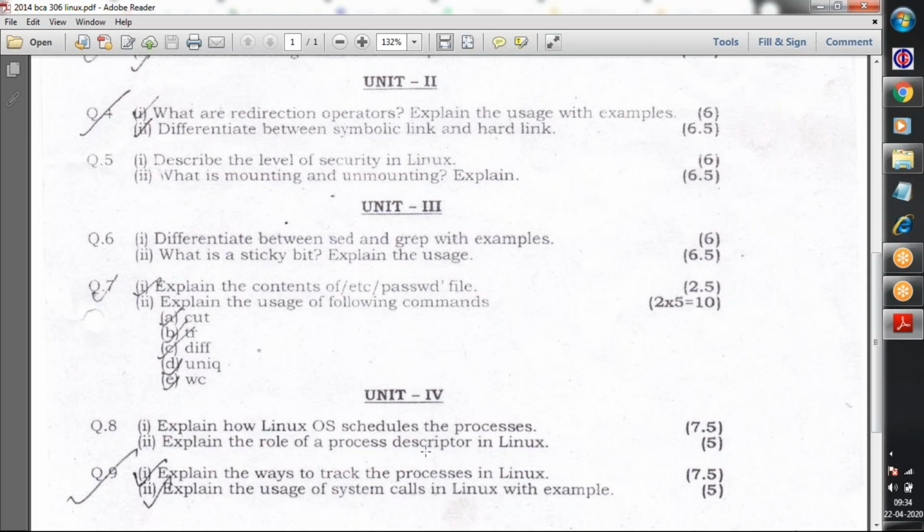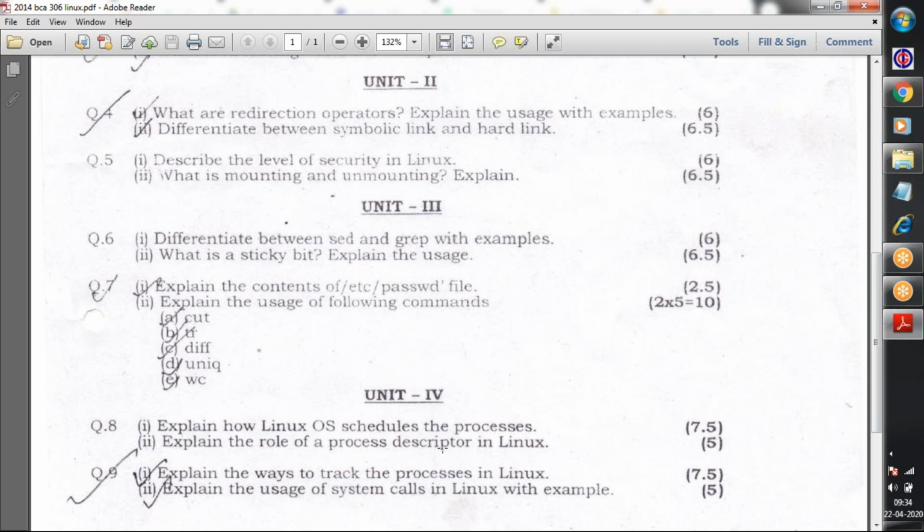The role of a process descriptor. Every process has a task structure, a data structure that is called the task structure, and every task structure is maintained by your descriptor. So the descriptor is nothing but a process-defining data structure that describes everything about the process: what it contains, when it starts, when it was last modified, how many hard links there are, how many soft links there are, how many files are running, how many data blocks there are. So that describes the processes.